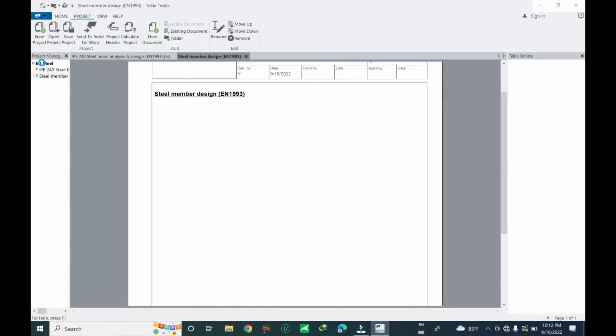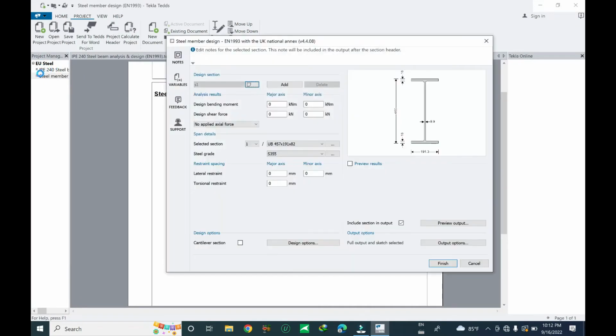Sorry. In one project, contain two different documents for IPE 200 steel design. And now let's check steel member design according to Eurocode 3 UK national annex and the Tekla 10 version 4.4.08. Now you can select the design bending moment 66